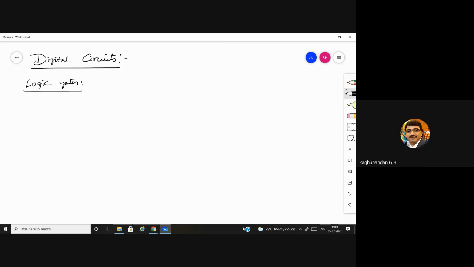So 1 gigabyte, you can just imagine for 1 gigabyte, how many number of flip-flops now? If one flip-flop is going to store 1 bit, then for 1 gigabyte, how many flip-flops you need to use in the hard disk? 1024 kilobytes. Kilobytes.